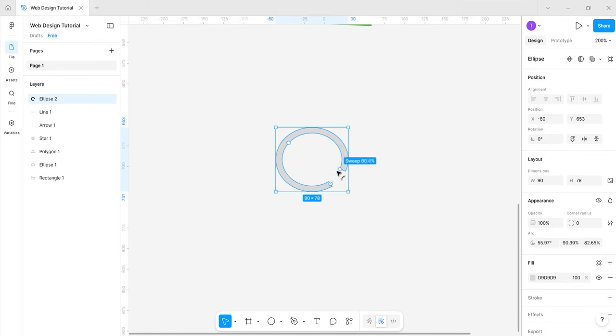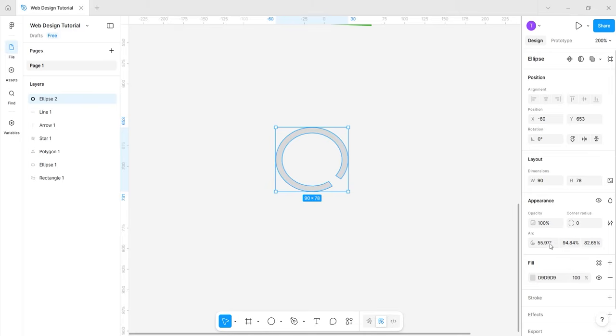Moving the sweep towards it completes the circle. Move the sweep away, and you create a shape of your choice. So as you can see, the sweep, the ratio, and also the start,